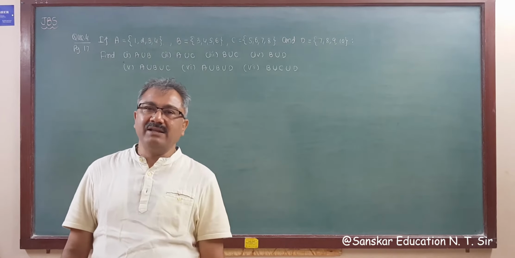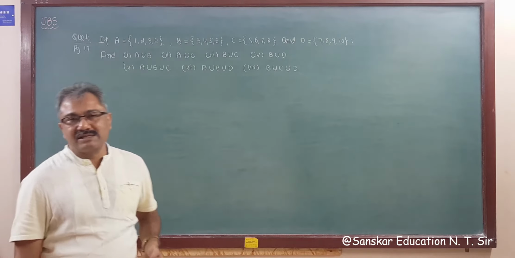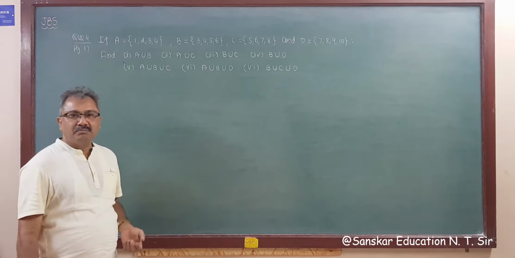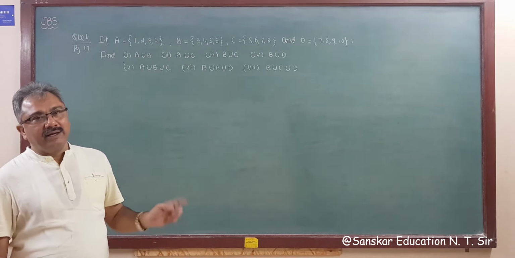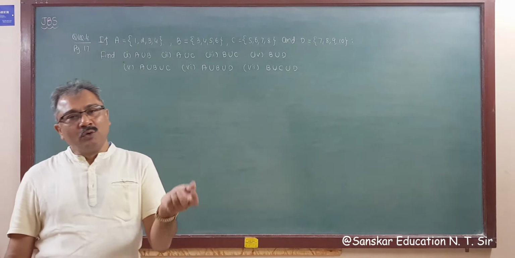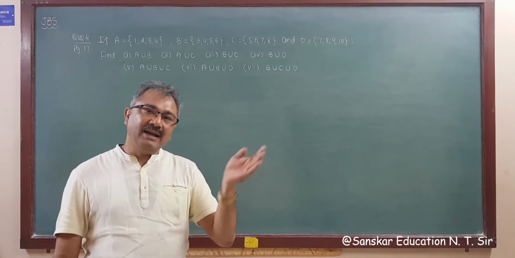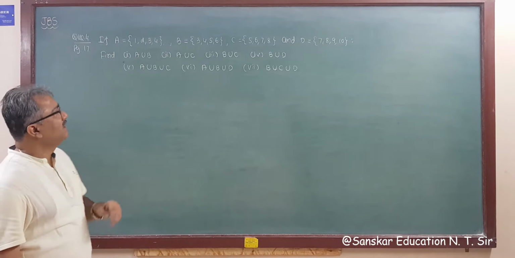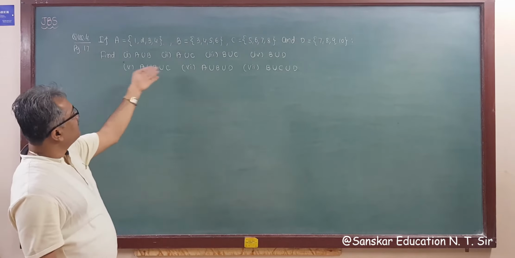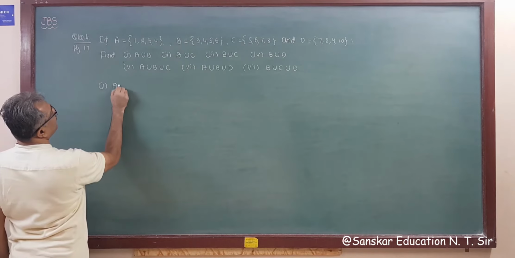So today in this video lecture we are solving some questions on union and intersection, as we discussed in earlier classes. Union means either in A, or in B, or in both, while intersection means in both, that is both in set A and set B. We have to find these seven results for the given sets A, B, C and D. First, A union B.